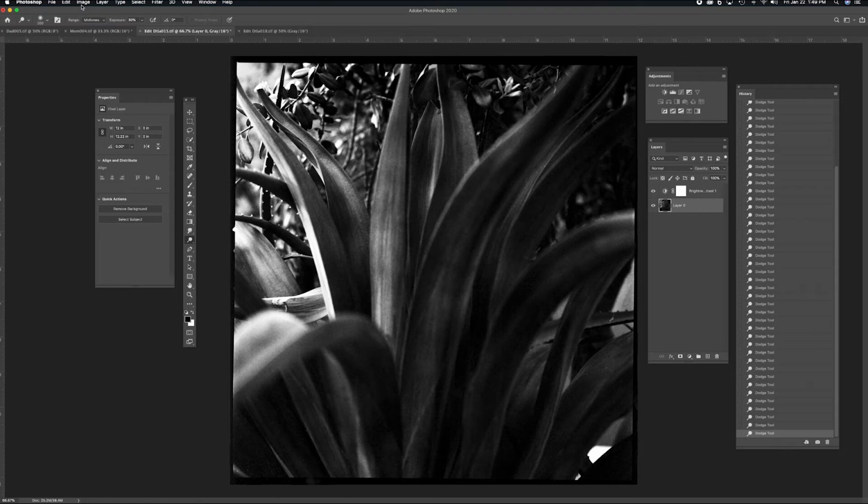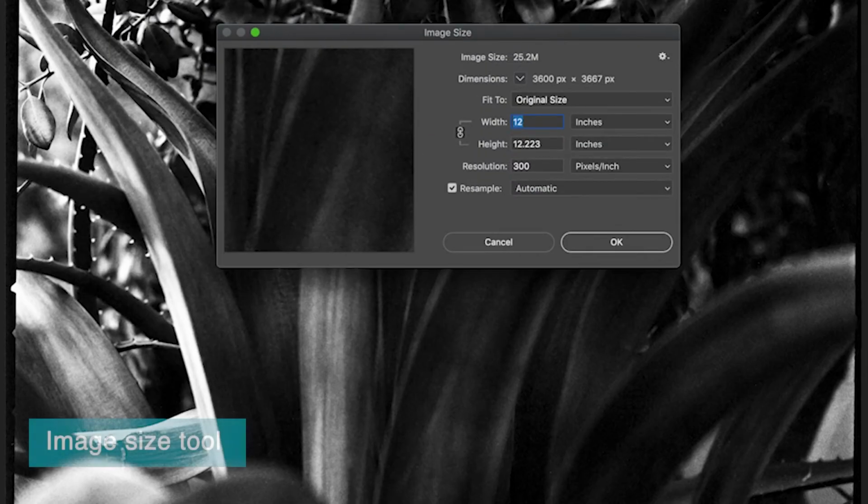Now let's take a look at resizing and saving. This is a very important step after editing your images. We want to make sure that we are saving correctly for printing output and saving for the web. Let's take a look. So prior to saving, I'm going to show you the image size. I'm going to go to image size, and this image is 25 megabytes. That's the size of the file. It's 12 by 12 inches at 300 pixels per inch. 300 pixels per inch is my target size when I go into edit, and it is also my target size for printing